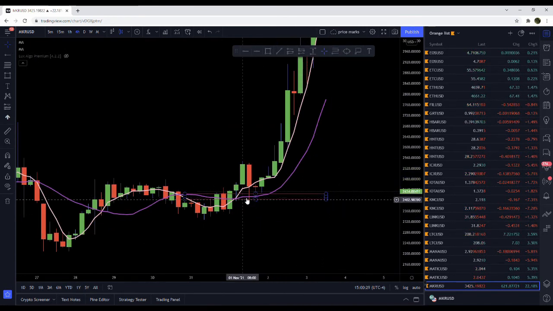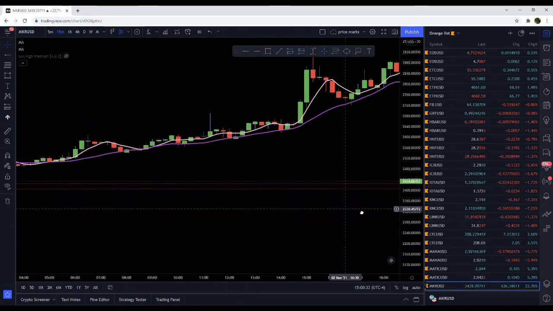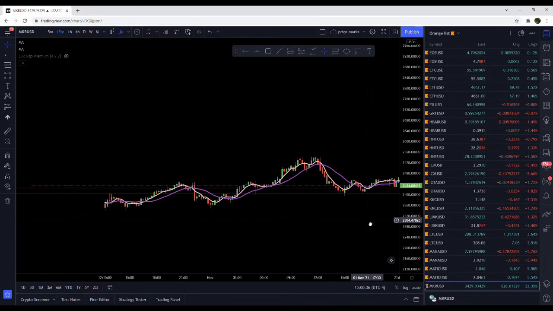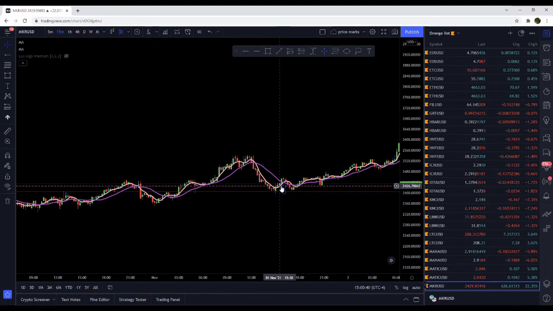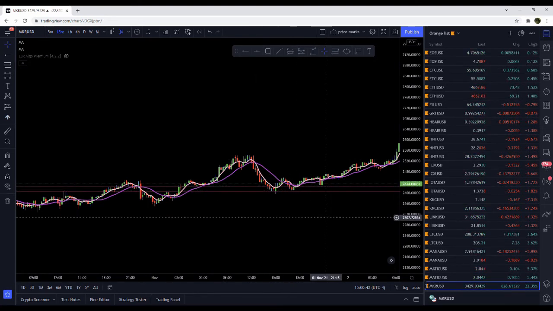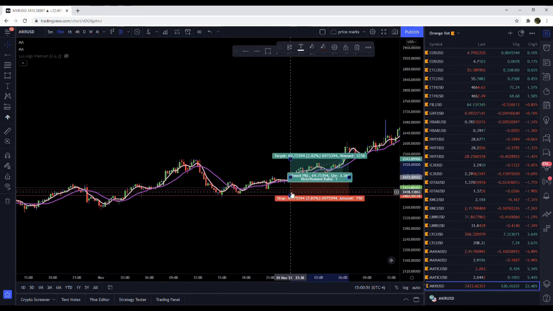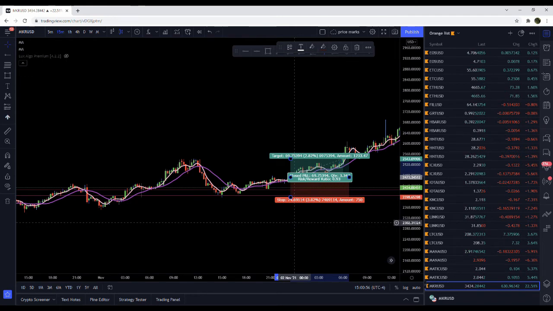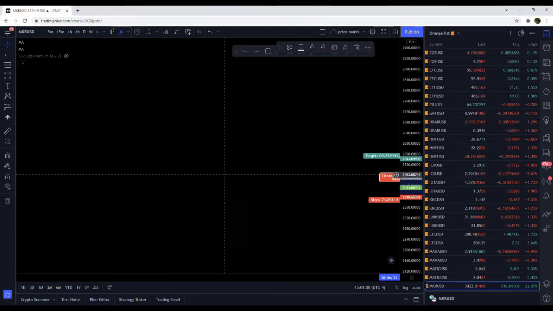So when it came down into there, you could have actually dropped all the way down to the 15. So here was our breakout. This was our retest. Then you had this structure, broke out. So you could have entered here with your stop loss there. So now we're at 3%, but still targeting,